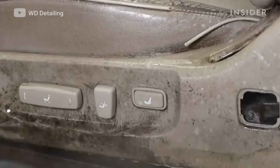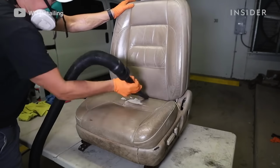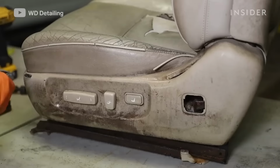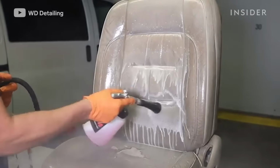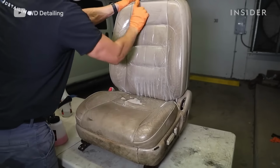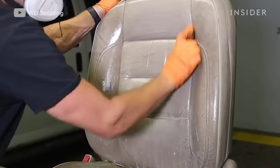When we do leather seats that have been sitting in mold, the first thing we do with any seat is vacuum it just to get any kind of debris, especially in the crevice where the bottom and the back of the seat meet. We'll use an all-purpose cleaner or a leather cleaner. They're two different things. A leather cleaner is more suitable for high-end leather, and then he'll spray it on there, use a color lock brush, so it's like a really fine, strong brush to get into all of the pores